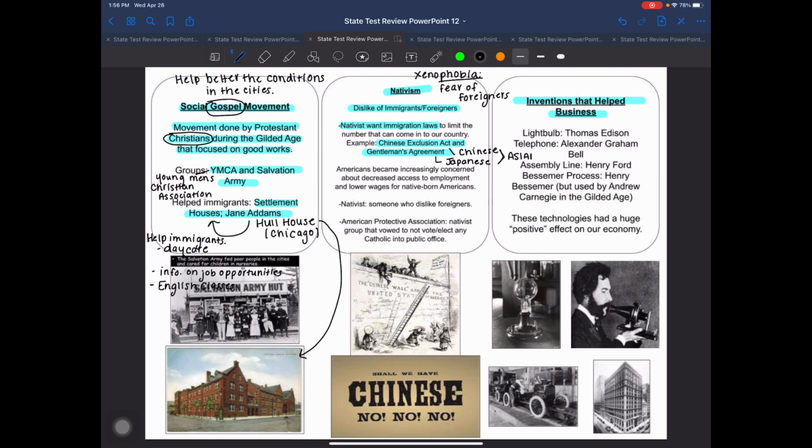keep out are Asians. The reason is Americans began to get very concerned about our employment opportunities becoming less and less. Also, another issue that we found out, these immigrants, because of such terrible conditions that they were coming from in their own countries, a lot of these immigrants were willing to work for extremely low wages. And we are going to start to see that in these cities and in these factories, workers are going to get tired of those low wages.